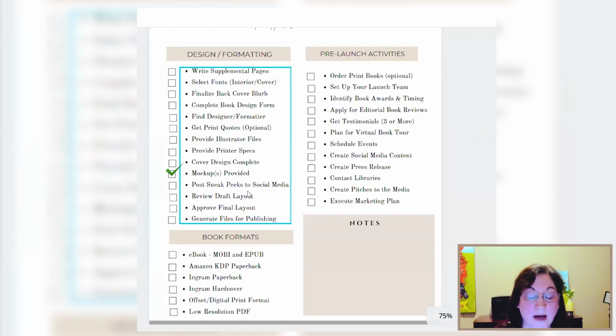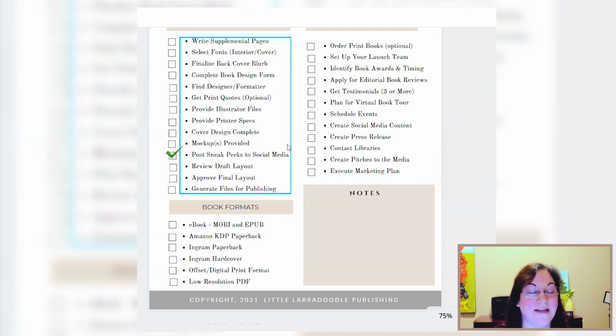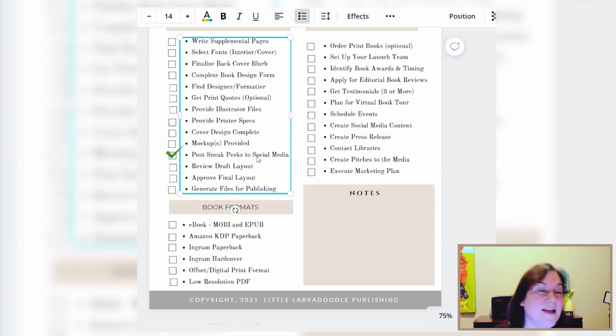And then I just put a reminder to post sneak peeks to the social media accounts that you have. Build up a little bit of anticipation, introducing your characters, telling a little bit about the character, and doing a cover reveal. Those are really cool. And don't forget the countdown. 7 days left to launch, 6 days left to launch. Spend the time to really build up the hype. It's all about the hype.